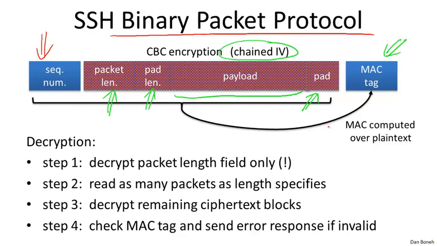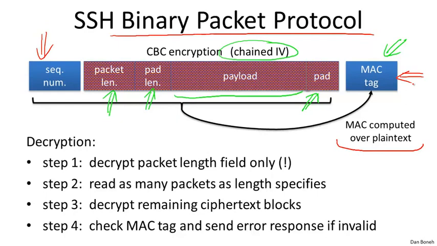So I want you to remember that the MAC is computed over the plaintext packet, and then the MAC is sent in the clear. This is what we call encrypt and MAC. And we said that this is not a good way to do things because MACs have no confidentiality requirements, and by sending the MAC of the cleartext in the clear, you might be exposing information about the cleartext. But this is not the mistake that I want to show you here. I want to show you a much more clever attack.